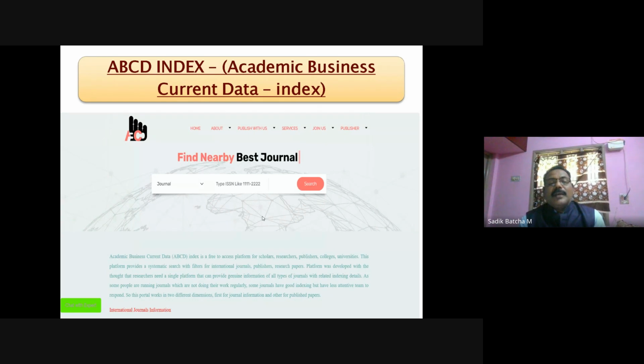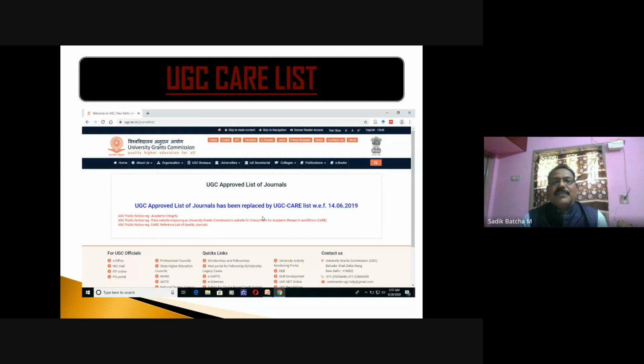Okay. Now let us go to another aggregator. I have given two aggregators: one is searchjournal.com, another one is ABCD Index. Another aggregator is the UGC CARE list. Try to understand, my dear friends. The UGC CARE list is not a database. Just like the aggregators I have shown you, searchjournal.com and ABCD Index, the UGC CARE list is an aggregator